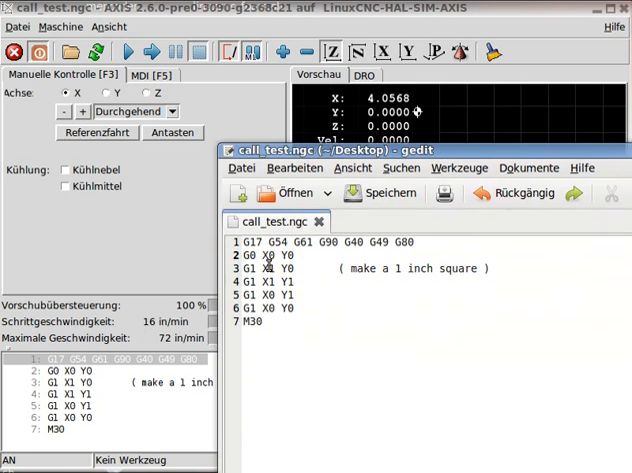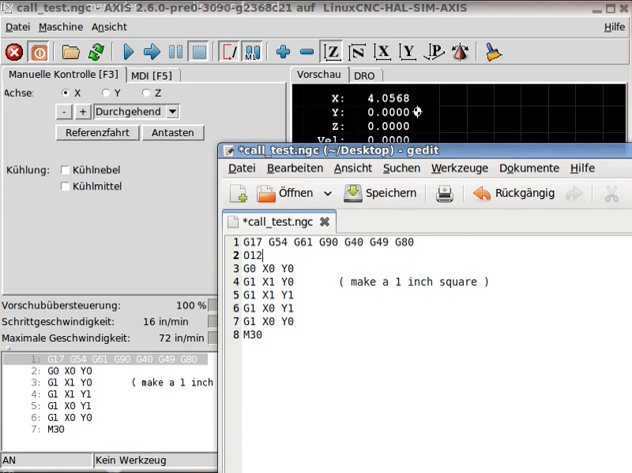First we have to put a subroutine in here, O100 sub. Put the G-code into the sub O100 sub and then endsub. The other way, I always do this wrong here, endsub. So okay, now we can call it O100